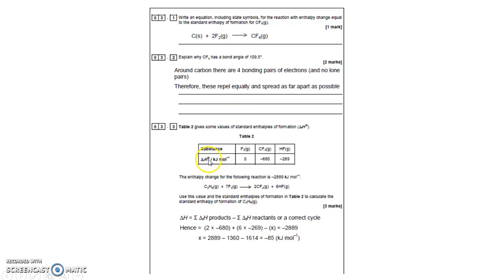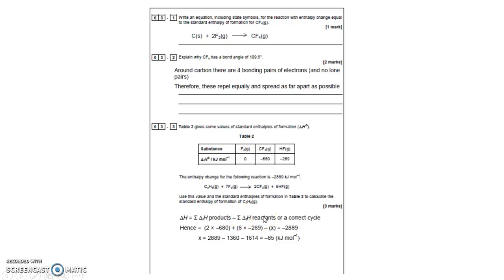If you've got an enthalpy change here, then the enthalpy change, delta H, the heat change, is the total heat of formation of the products, take away reactants. So what I'll do is delta H equals minus 2889. It tells me that in the question here. So delta H, the heat change, is minus 2889,